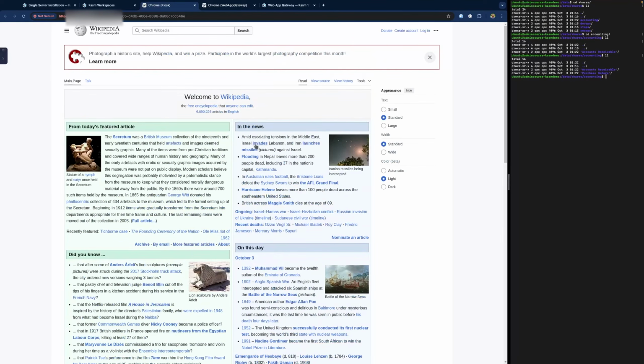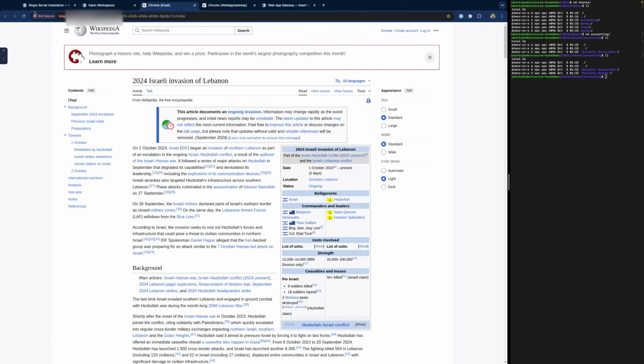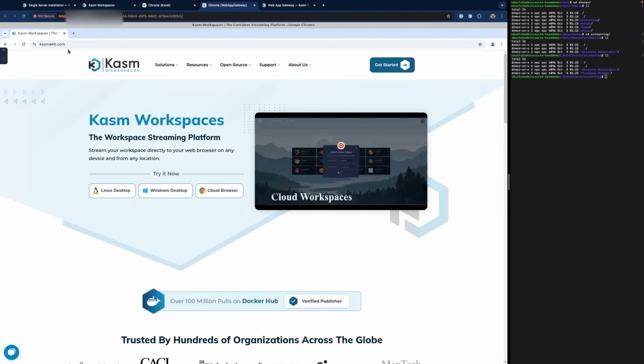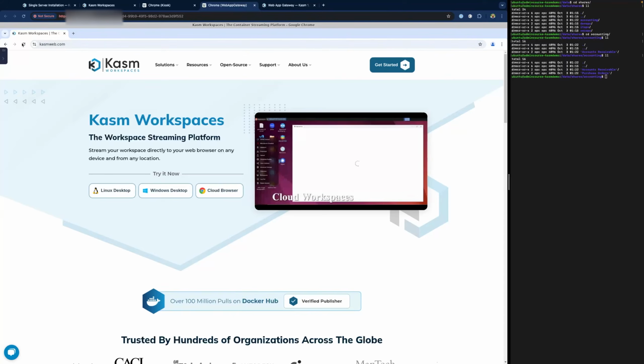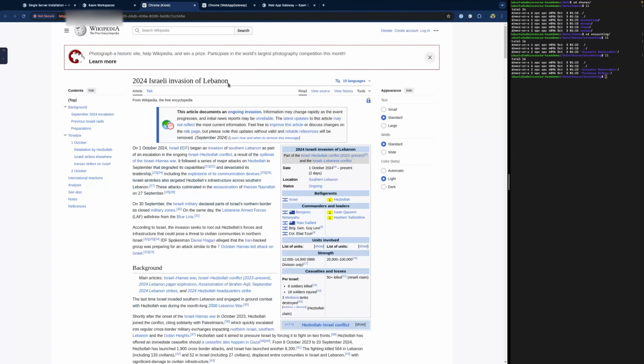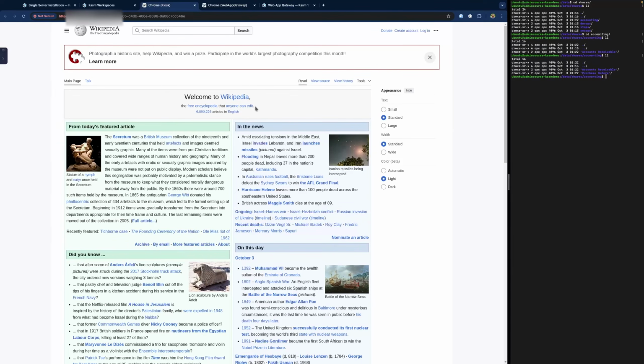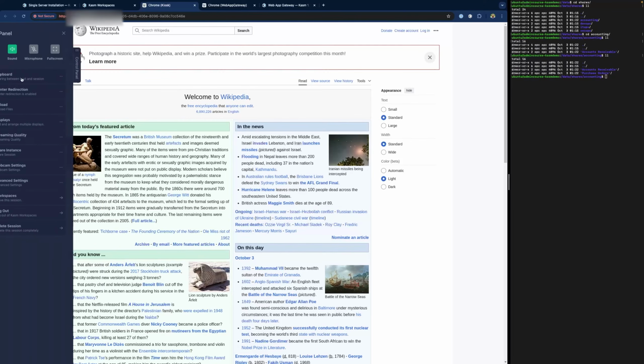Here again, I don't have the ability to click back or forth like the buttons that come via App Gateway, where I do have those navigation buttons. We'll now go ahead and delete these sessions.